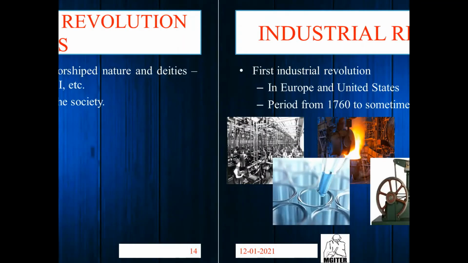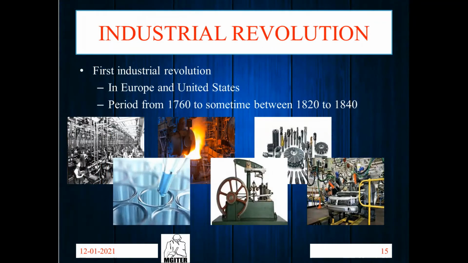So this is what we discussed about the pre-industrial revolution day. This is not too important, but the industrial revolution is important. How did the industrial revolution start in Europe and the United States? The period was from 1760 to sometime between 1820 and 1840. There is no fixed date or year when the industrial revolution started, but I can say it started because of some minor inventions